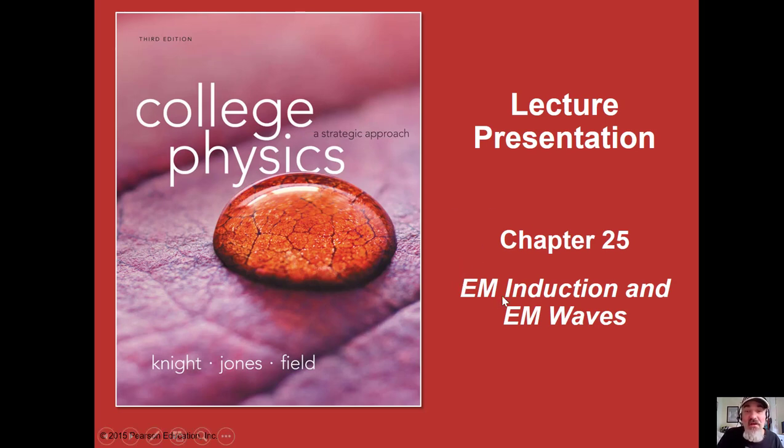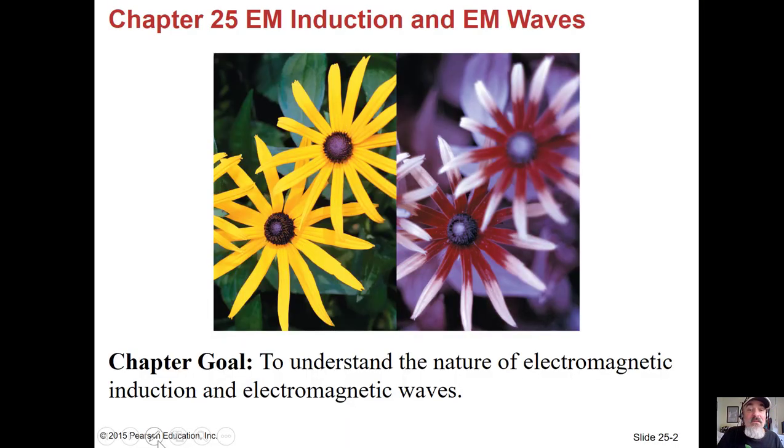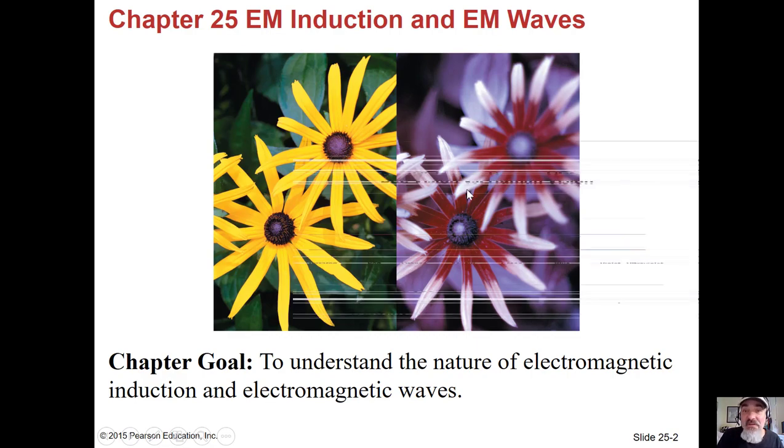So this chapter is all about electromagnetic induction, inducing an electric field from a magnetic field and vice versa, and then electromagnetic waves. That's a consequence of having changing electric fields and changing magnetic fields. So we're going to try to understand the nature of electromagnetic induction and, later in the chapter, waves. Okay, so these are the same picture just being seen by two different